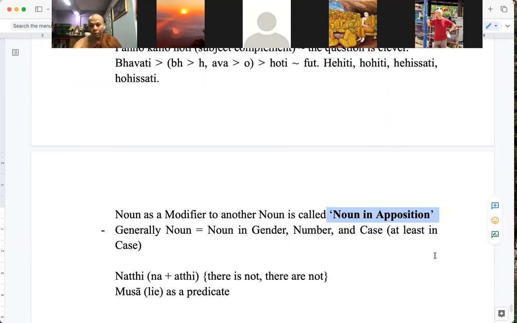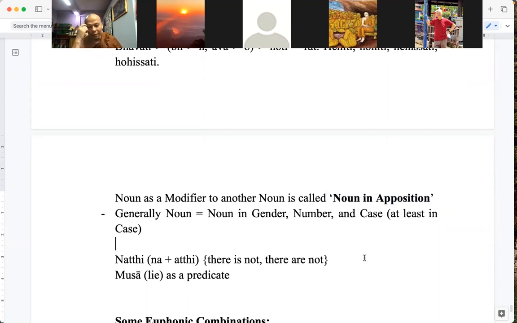In English also, maybe words like frying pan or walking stick, and so on. So one noun can modify another noun. In Pali also, at that time, that position is called